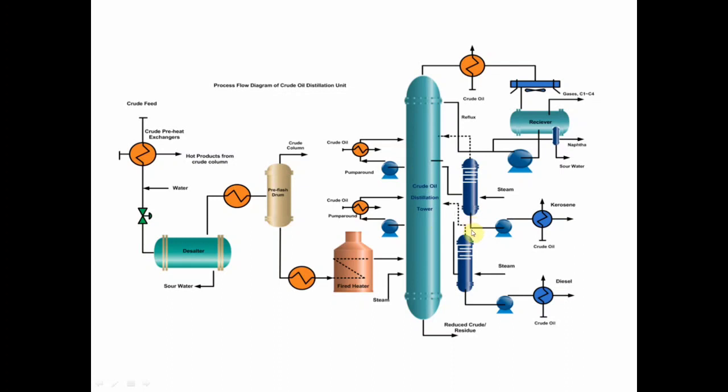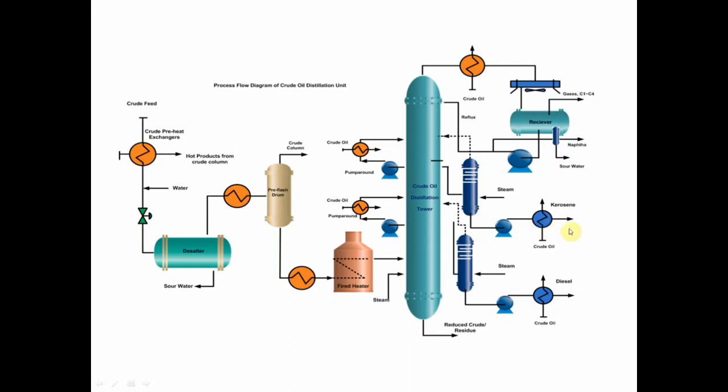then the product is kerosene. You can see here the product is kerosene when it is further heated. Then the product is kerosene with the boiling point of 140 degrees Celsius to 240 degrees Celsius. The product is ATF. I already said that when this kerosene is heated at a temperature of 140 degrees Celsius up to 240 degrees Celsius, the product is turned into ATF, aviation turbine fuel, the fine product